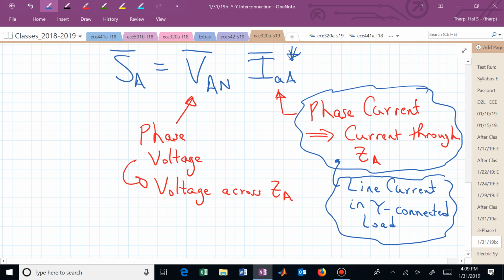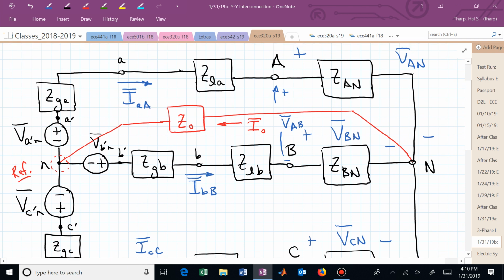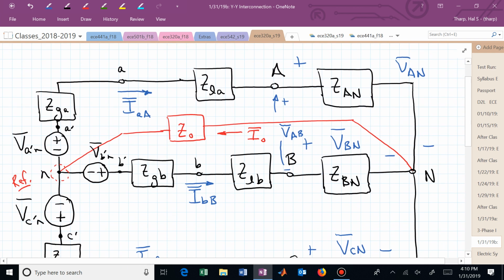Question? What would be the line voltage for that top? So now what is the line voltage in this circuit? It is just called the line voltage, but really say what's the voltage from one transmission line to another. So the line voltage here would be from terminal capital A to terminal capital B. That would be the line voltage, which is not the same as the phase voltage for this interconnected circuit.